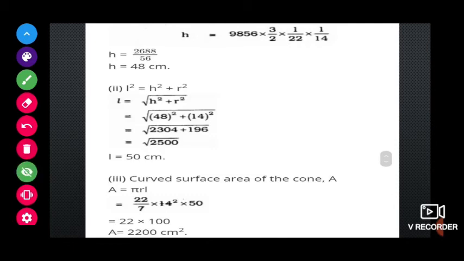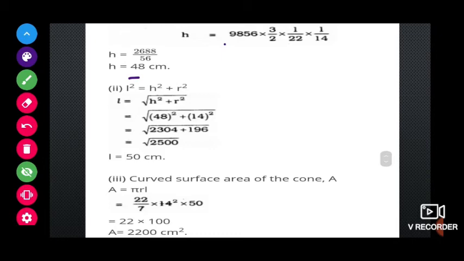Here, the cancellation, slowly, if we do it, children. 22 table, 14 table, it will go like 22 just. Or else if you get any confusion, without cancellation, multiply all the numerators and multiply all the denominators and do the long division process, you will get it. Now we can proceed with the cancellation, you can proceed with the cancellation also. Then the height you will get is 48 centimeter.